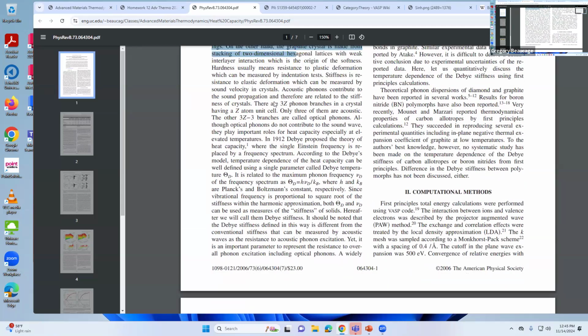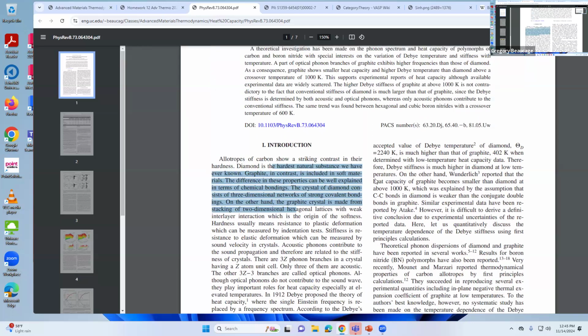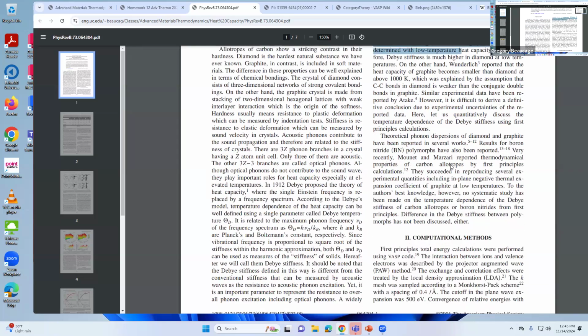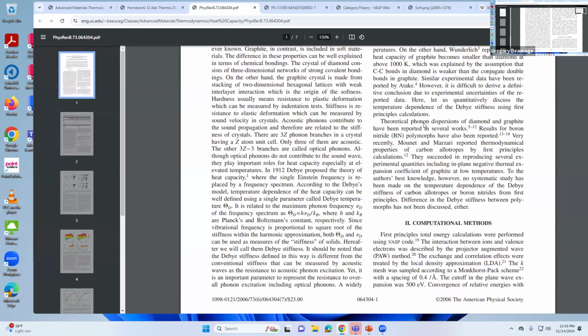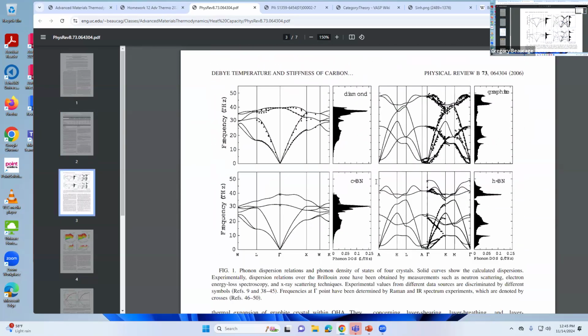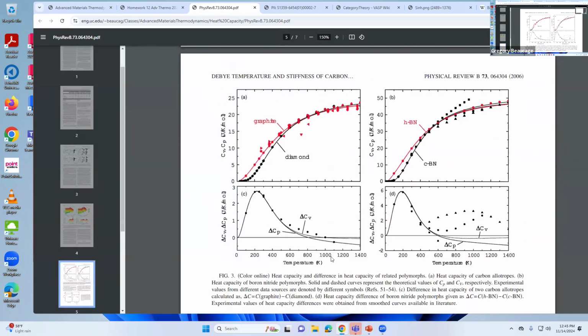Anyway, and then he says the different vibrations that you can get, the acoustic and the optical vibrations that I talked about in class. And then he wants to get the Debye temperature for this. So he's going to do a computer simulation, because what he wants to see is where there's a transition at 1,000 degrees C where the heat capacity of diamond gets higher than the heat capacity of graphite,